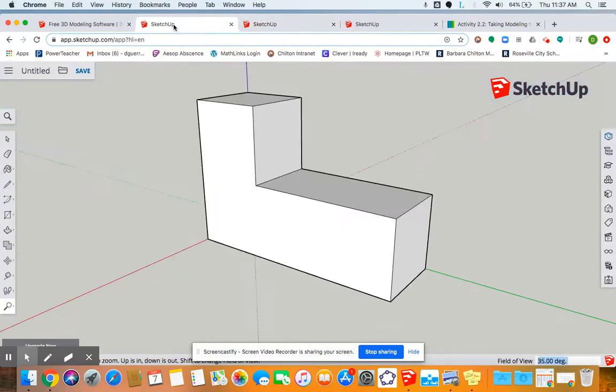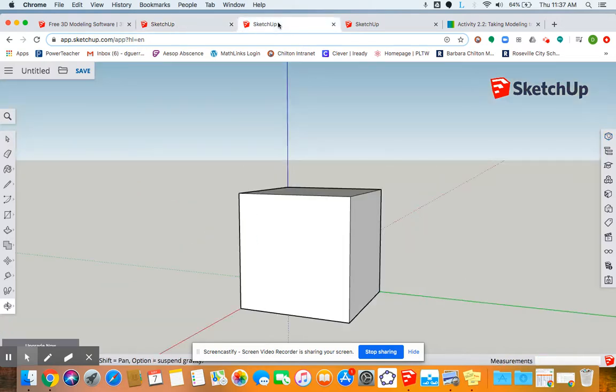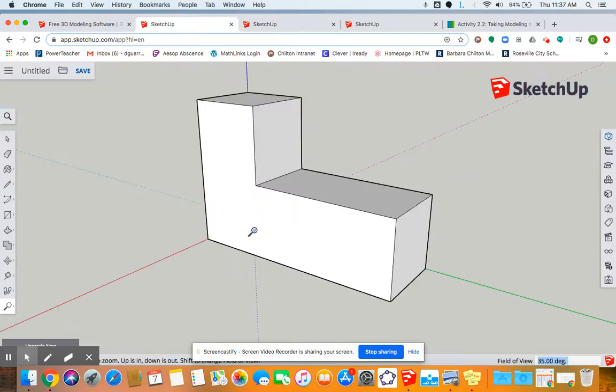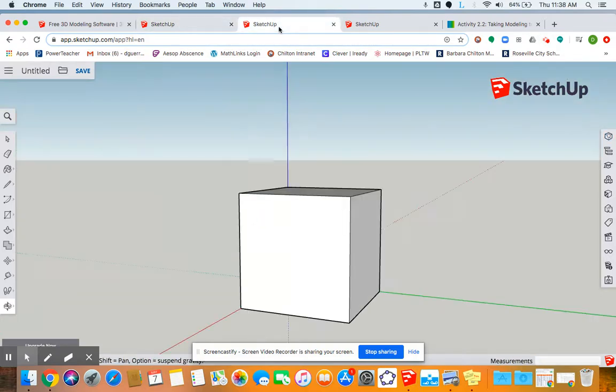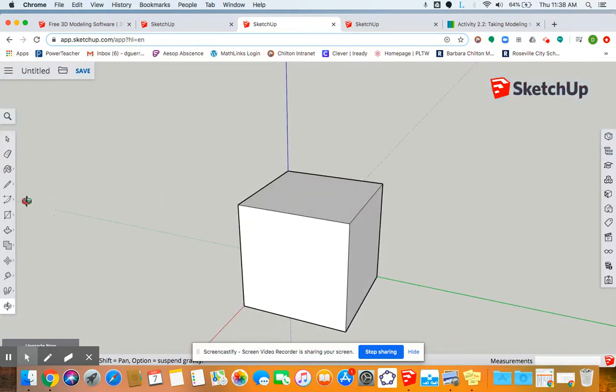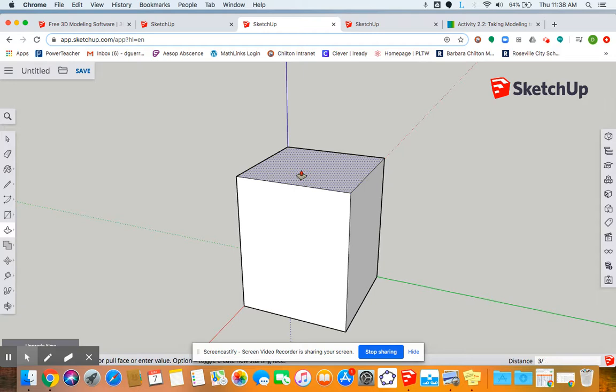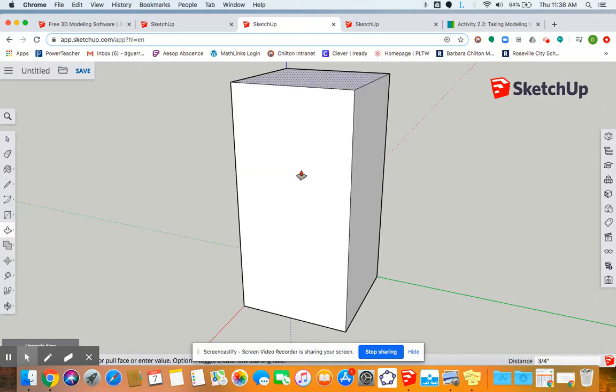So I'm still going to try to make that L. And you'll notice that would be like right here. That would be what I have here. And I notice that there's one cube on top of it and two cubes to the right of it. So I could just push-pull from this same location. One cube up, which is another 3/4 inches, stacks on top of it. And then again,